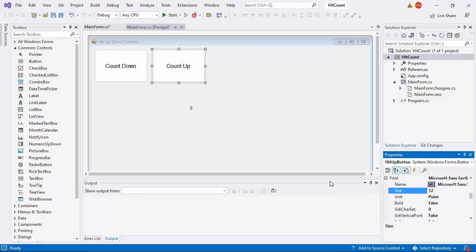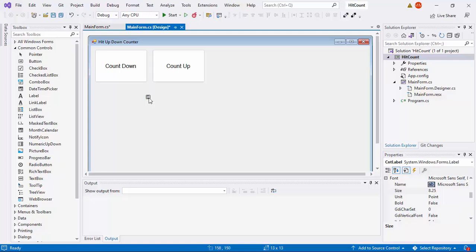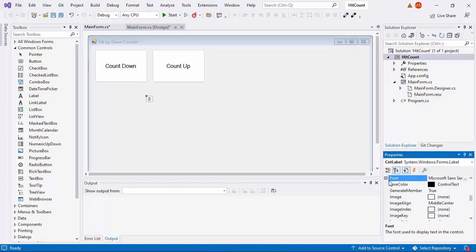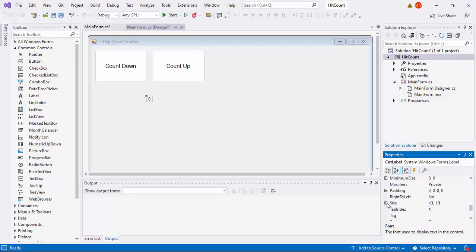And then the other half of the interface should belong to the label that is displaying the count value. So let's see, can we change the size? So no, we cannot change the size of the label.